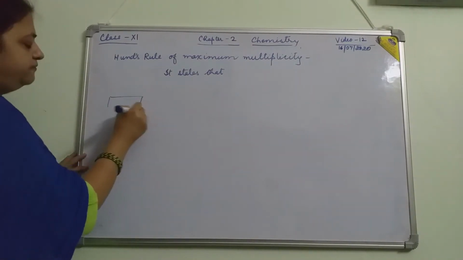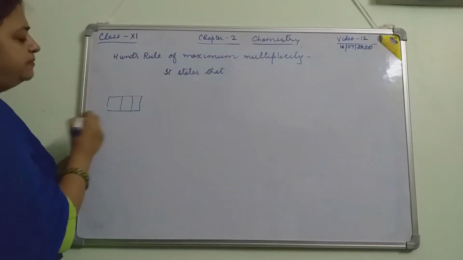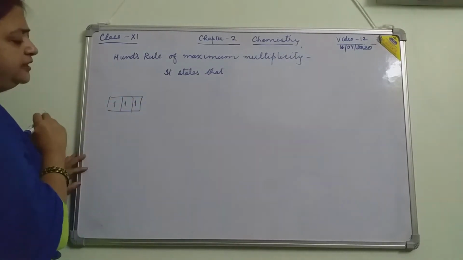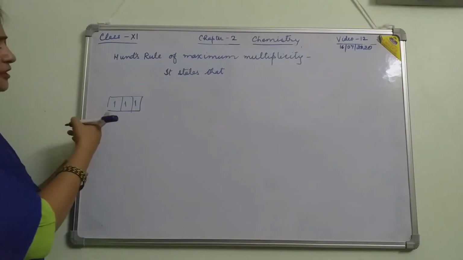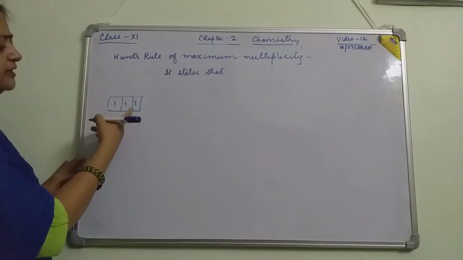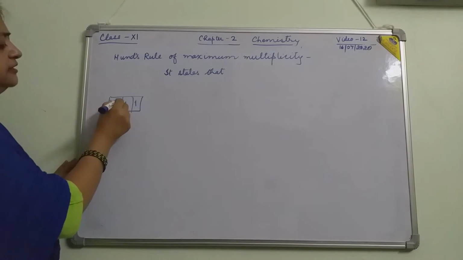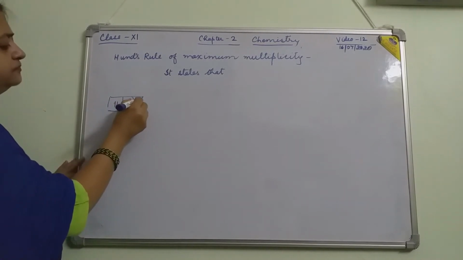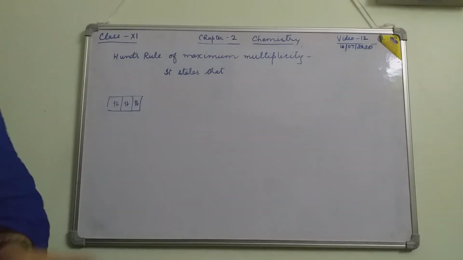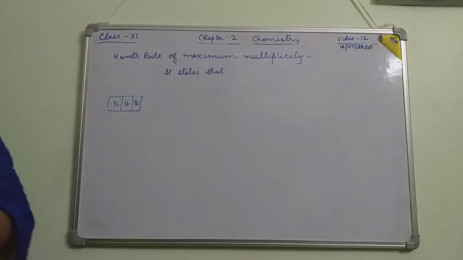If this is the orbital, the electrons are filled in parallel. Each orbital is filled with one electron first, then it starts pairing. This is Hund's rule, which states that every orbital